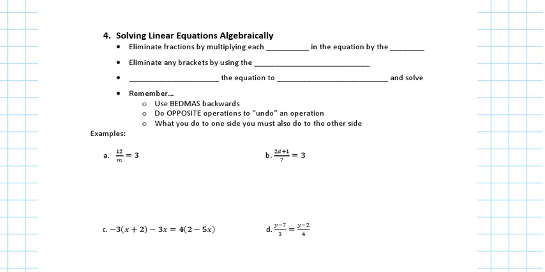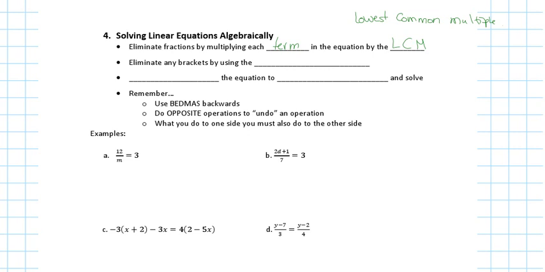So first you're going to eliminate any fractions by multiplying each term in the equation, I'll explain that in a second, by the lowest common multiple, okay? So LCM, lowest common multiple. Which means in this case, if I have a fraction, I want to make sure that I have a common denominator under all the terms. That's what it means. On both sides of the equality, because then I can eliminate that